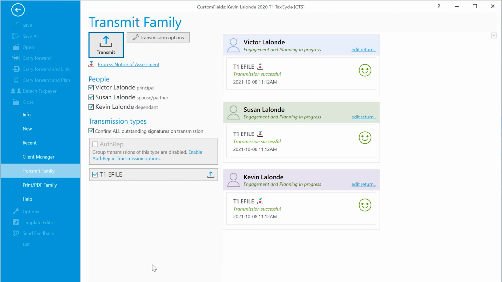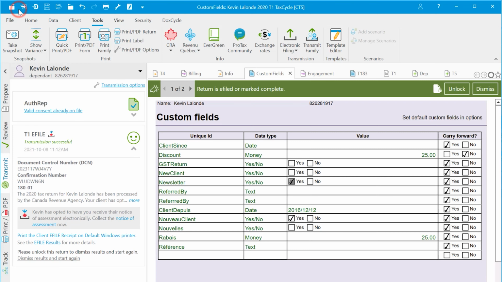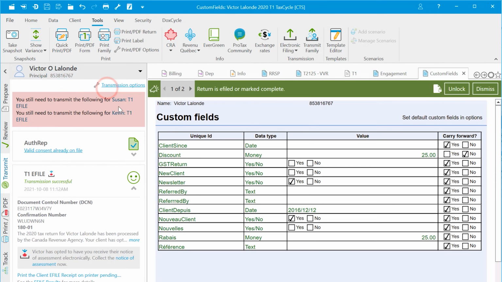And there you go. It was that quick. And now if you have a notice of assessment that's available, you can click on this little link and it will take you out to pick that up from the CRA as well. So we've completed the filing of the return, and this is where we need to get back to our Xero